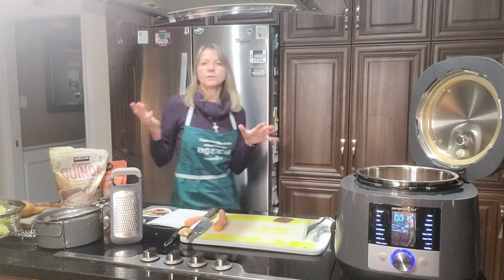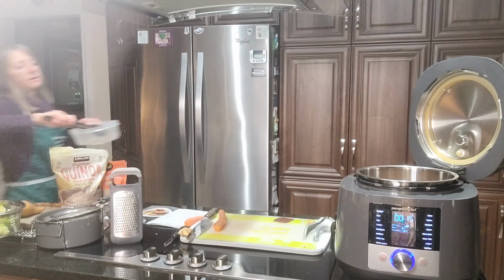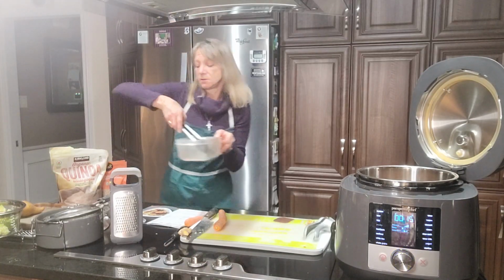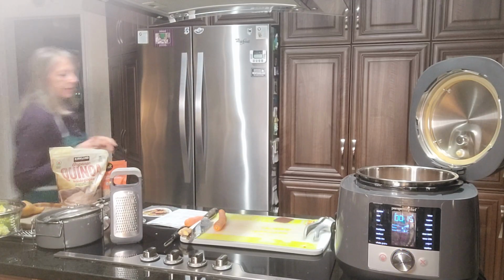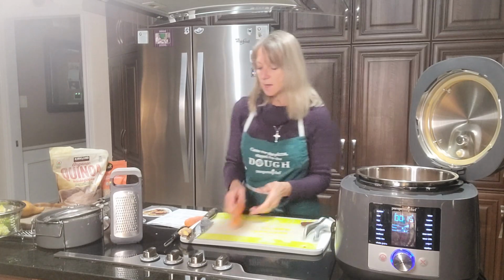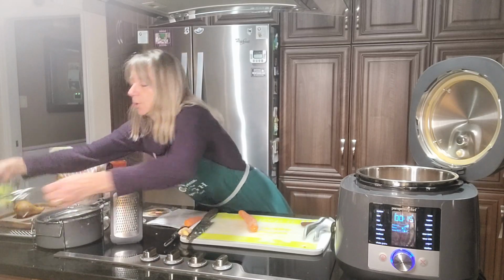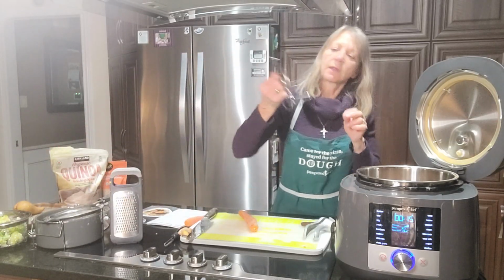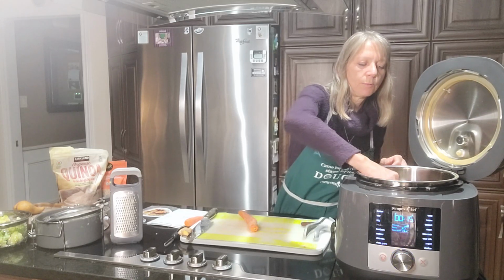Okay, let me just put that over here in the sink and get that chicken away. So I loved using my tongs because then I didn't have to touch the chicken again to have to continuously be scrubbing my hands. And that's a great way of doing it as well. Okay, so we've got that in, and next I'm going to put the stand in,